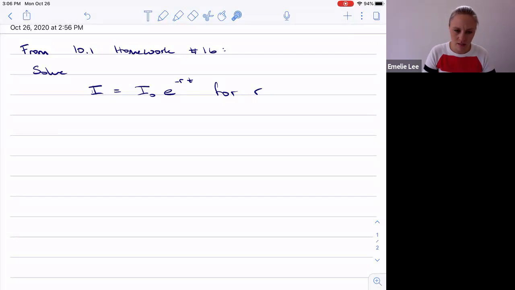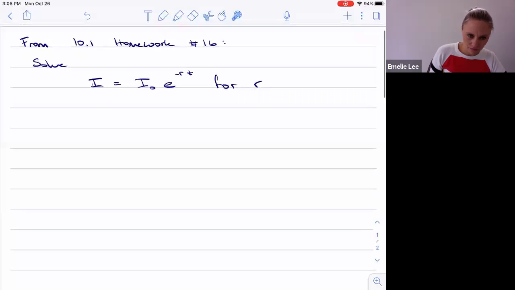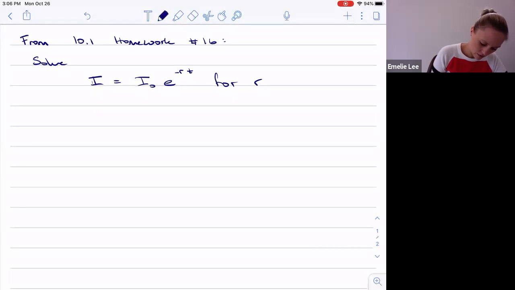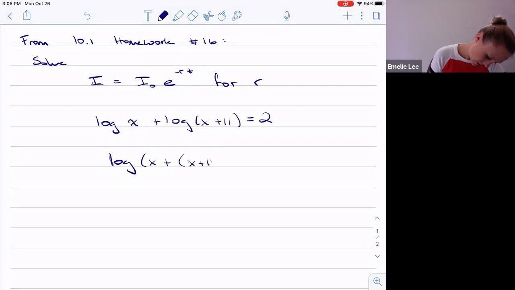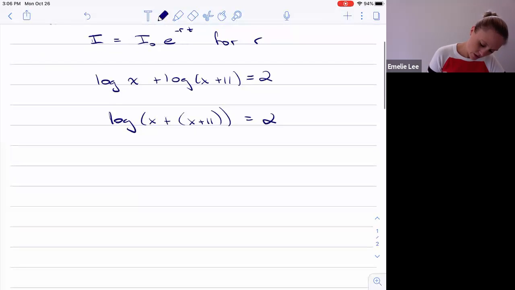But if we have the log of x plus the log of x plus 11 equals 2, then I'm going to use that property that if I have logs of the same base, I can combine these as the log of x times x plus 11 equals 2. And then to undo this log base 10,